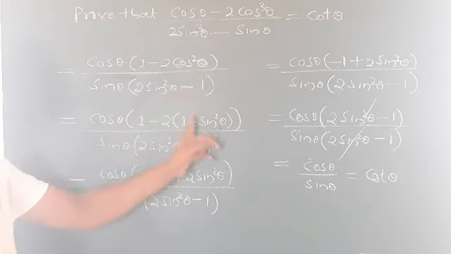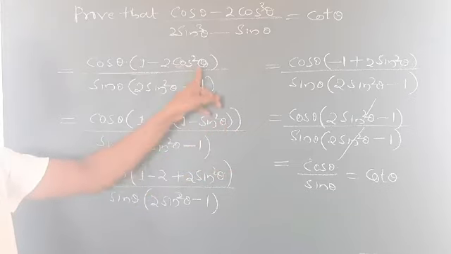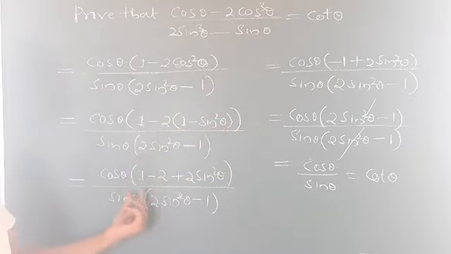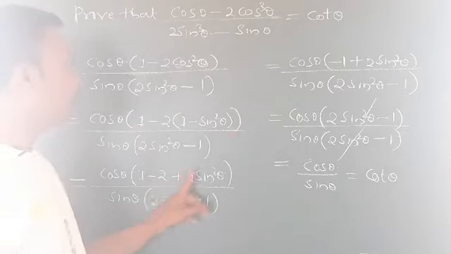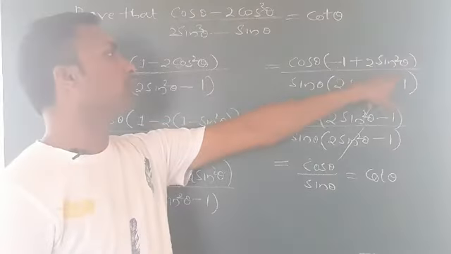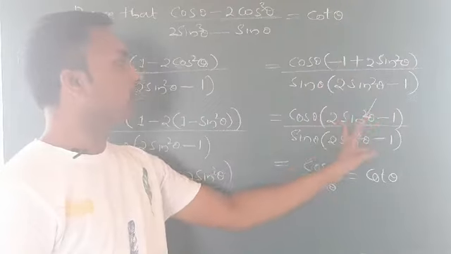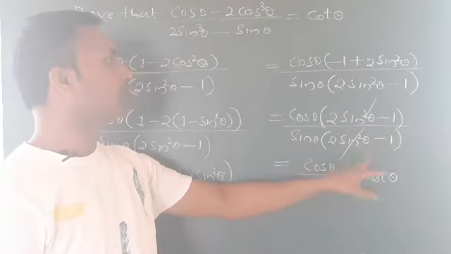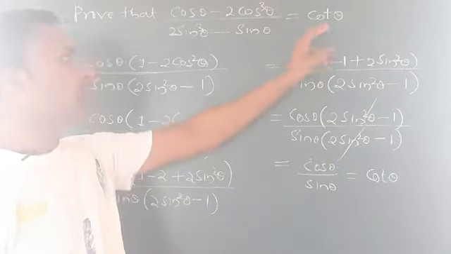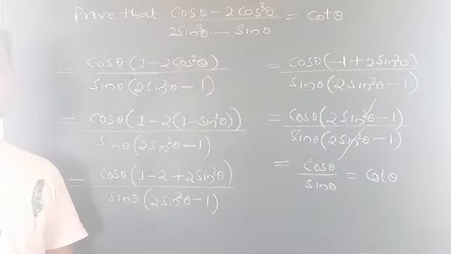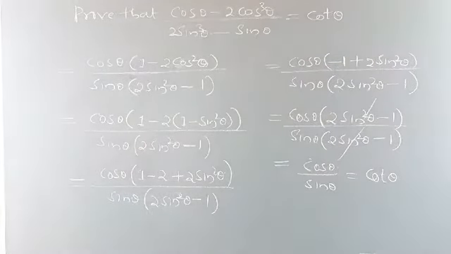So we need cos square theta, and 1 minus sin square theta is equal to cos square theta, so we used this. Now this we kept as it is. Now 1 minus 2 into 1 is minus 2, and minus 2 into minus is plus 2 sin square theta. The denominator is as it is. Now 1 minus 2 is minus 1, remaining plus 2 sin square theta, which you can interchange: 2 sin square theta minus 1, as it is. Both should cancel here, cos by sin will be left, and this is cot theta. I hope you understood very well.